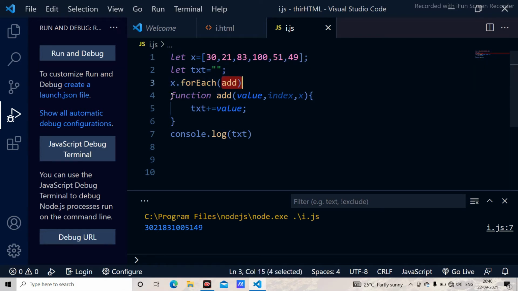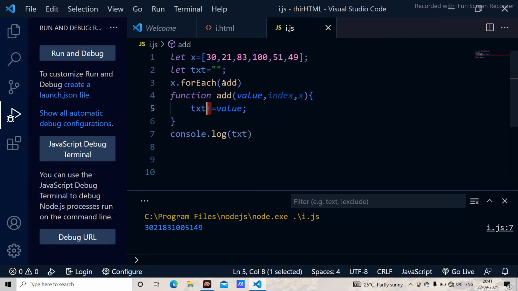I'm using the add function here, passing three values: value, index, and x. These are the inbuilt arguments which are present in JavaScript. When I use value, index and the array, it is going to access all those values with respect to the index.